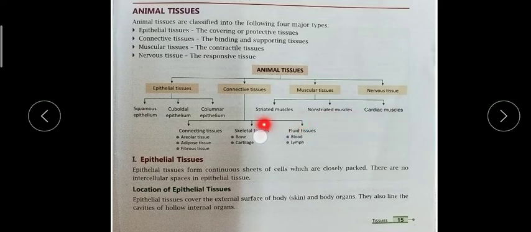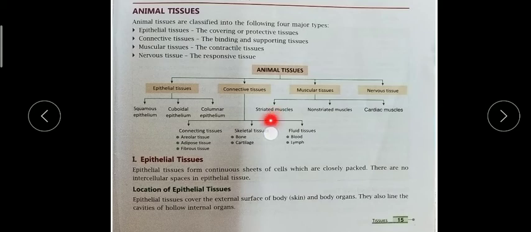And I explained this epithelial tissue to you in detail in the Zoom class too. I have already explained all the structure and features of these tissues. So in this chapter, you should know each tissue's structure, its location, where it is found or situated in the plant body or animal body, and its function, what it does.